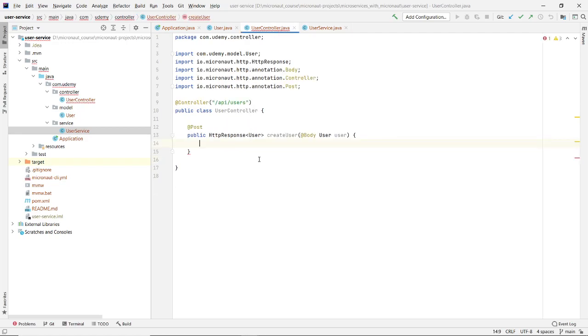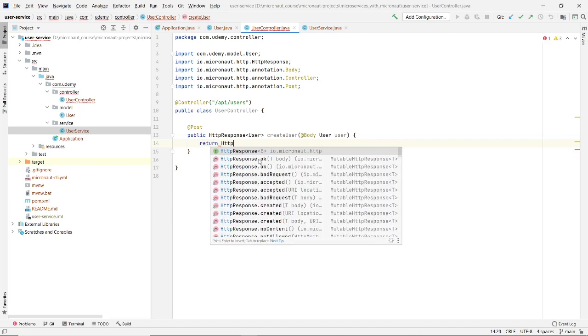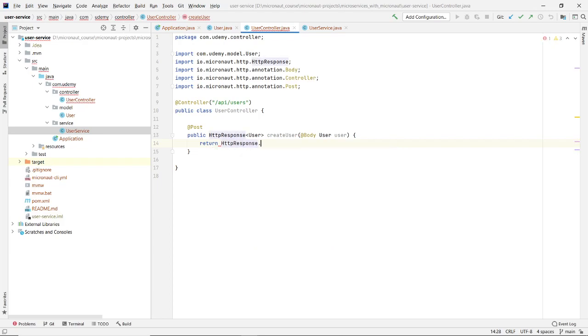So here we can simply write return HTTP response dot created, and in the body we will have to call this service method that we created.